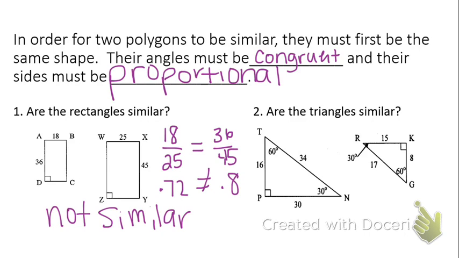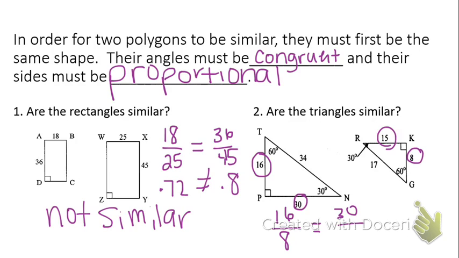Okay. So let's look over here at number 2. We want to know, are the triangles similar? Well, first we look at our angles. We've got two 90-degree angles, 60, 30. So our angles are congruent. So now we check our sides. Again, a bunch of different ways you can set up these proportions. But I'm going to look at smallest on each triangle. So my smallest on this bigger triangle is 16. So I'm going to go 16 over, smallest on the right is 8. And I want to know, does that equal 30